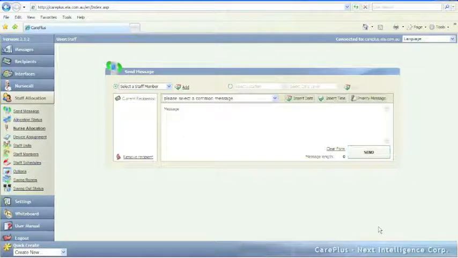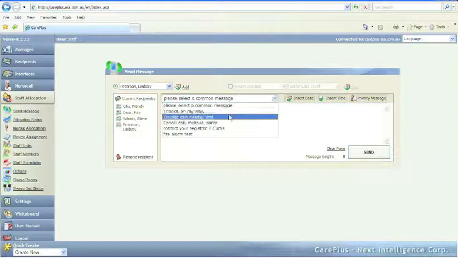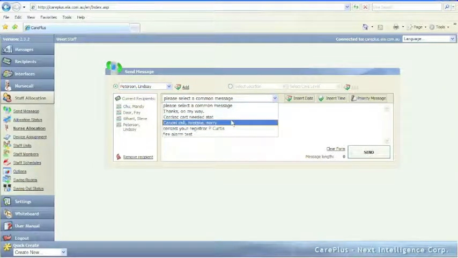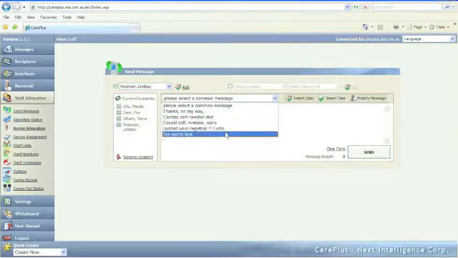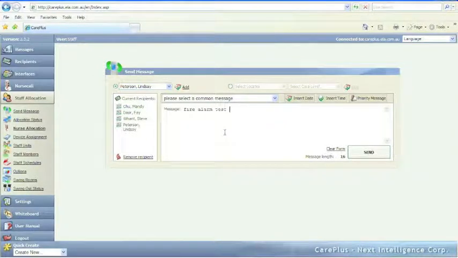Yeah, sure, Mary. We've got this area here called sending a message. And you can send a message to your team, so you just select the different members of your team and add them to the list just as I'm clicking through here. So just add one more, just add Lindsay in there. You can freeform text here, but instead of typing you can also put pre-canned messages in, and I can show you how to do those in just a moment. But let's just say there's continuation of fire alarm testing going on. Fire alarm testing